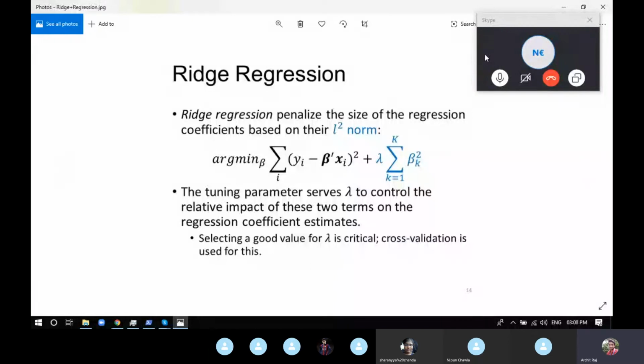What we used to do is we take the cost function, as you can see. Just for now, forget this blue extra part. Consider this particular equation, which is arg min of the summation of yi minus bi xi. This is basically the cost function that we use in linear regression, that is, predicted minus actual, whole square, and the summation of all those things. That's what you call the cost function.